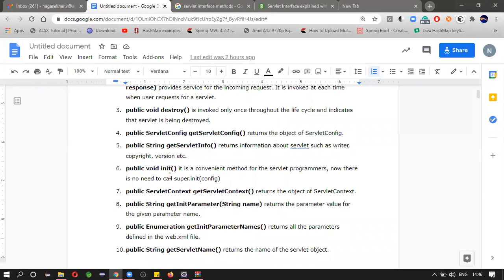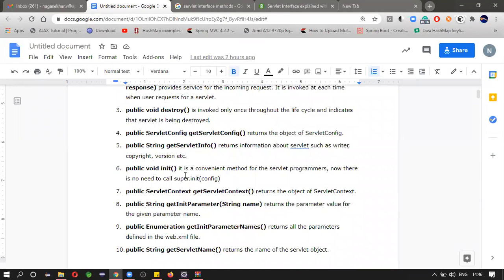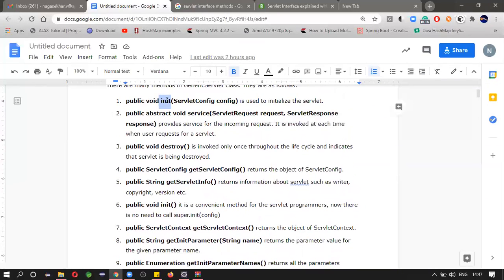Next, init method. See here, this is init and this is init. What is the difference? This is nothing but overloading, right? Method with the same name with different arguments. It is the convenient method for servlet programmers.